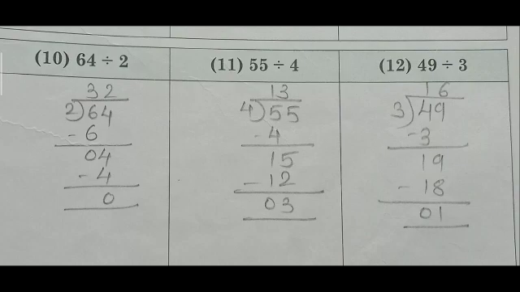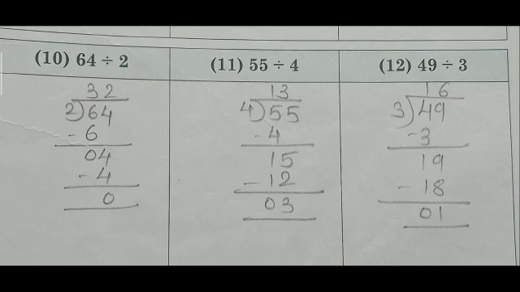So first we will take 2 3s are 6. So 6 minus 6 is 0. Then 4 will come down. Again, 4 is coming in 2's table. How many is 2 2s? Yes, 2 2s are 4. The final answer is 0. So therefore in this sum, 64 is the dividend, 2 is the divisor, 32 is the quotient, and 0 is the remainder. Is this clear, the 10th one?